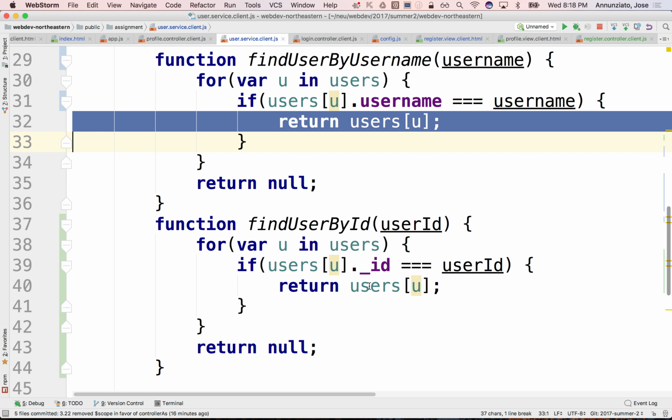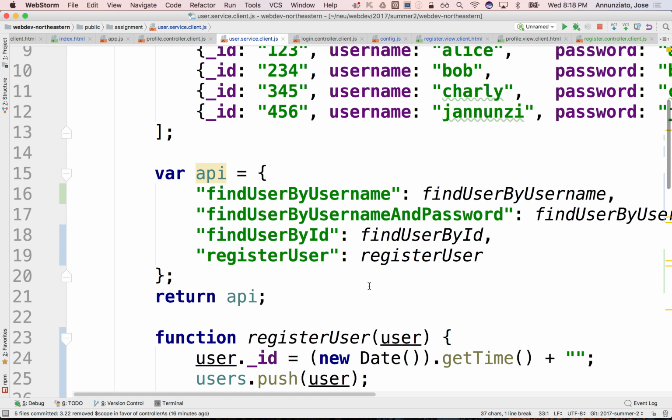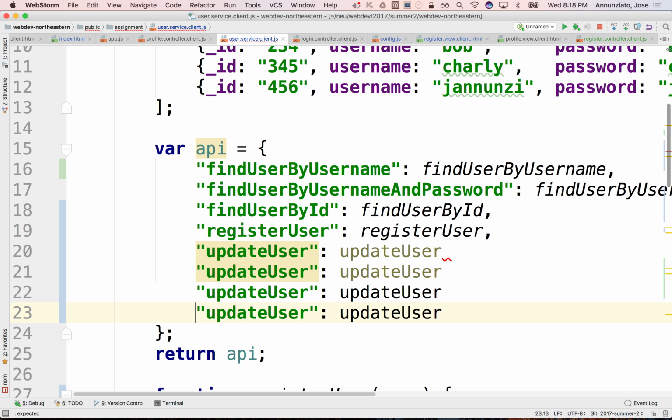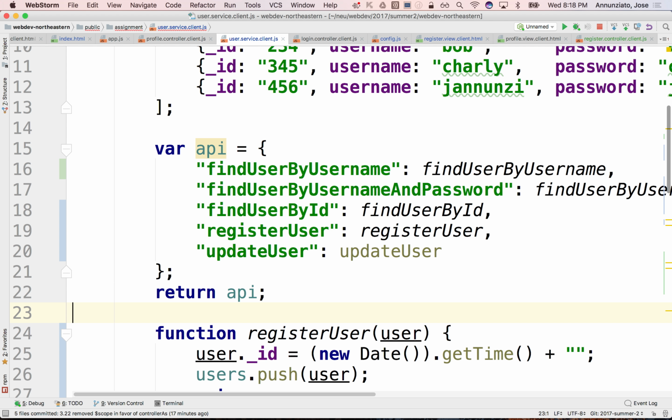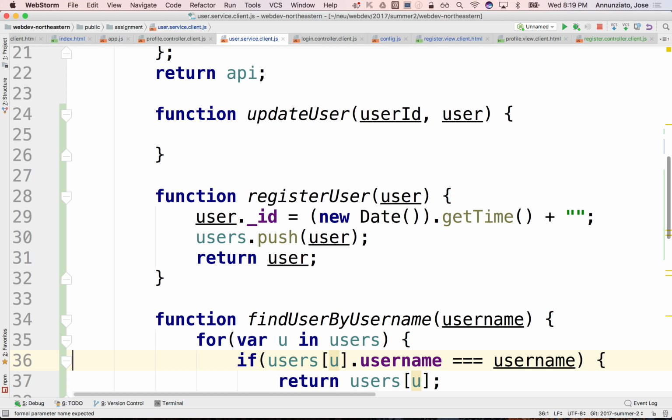All right, so I think I'm going to leave it here with users. One of the things that definitely you'll need to add to this is update user. Update user. Oops. And I'll leave that up to you. Update user. I think it should take as arguments the user ID of the user that you want to update, and then the brand new values that you want to set, right? So this might look something like